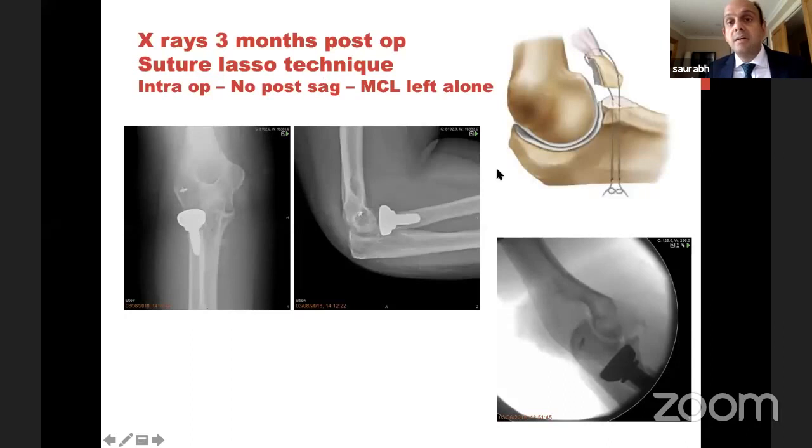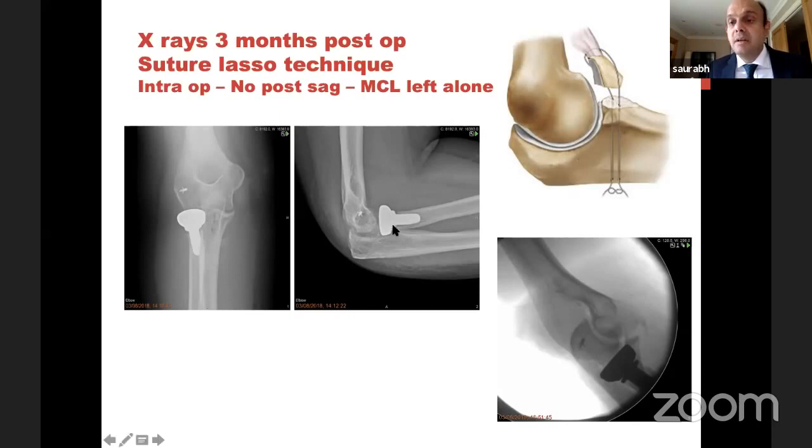So if you see here, again to remind ourselves, two drills from the back of the ulna, the suture grabs the capsule and comes back out. If you see the ulna here, I don't know if you can on your screens, you can appreciate these two drill marks. So gone from the back, taken a bite in the capsule, come back out. Now here, because I've replaced the radial head.